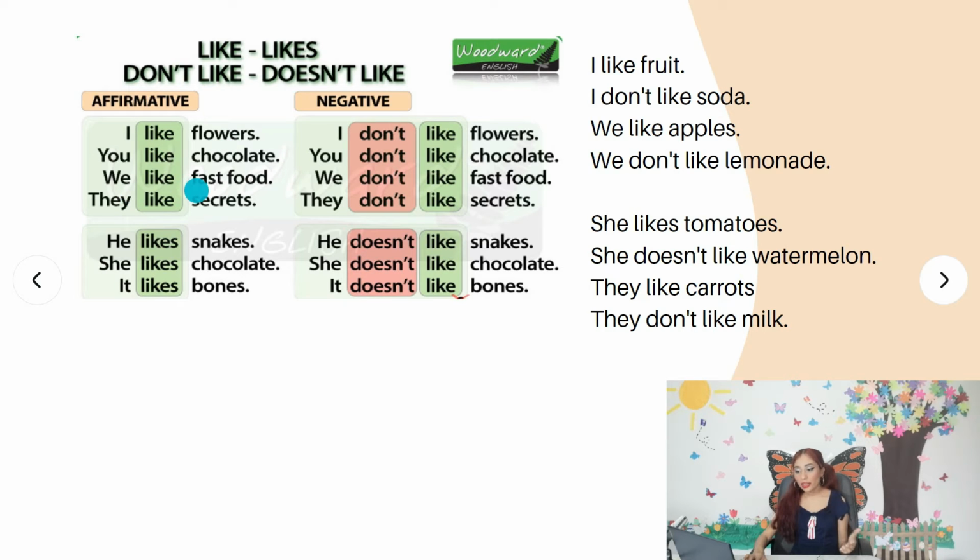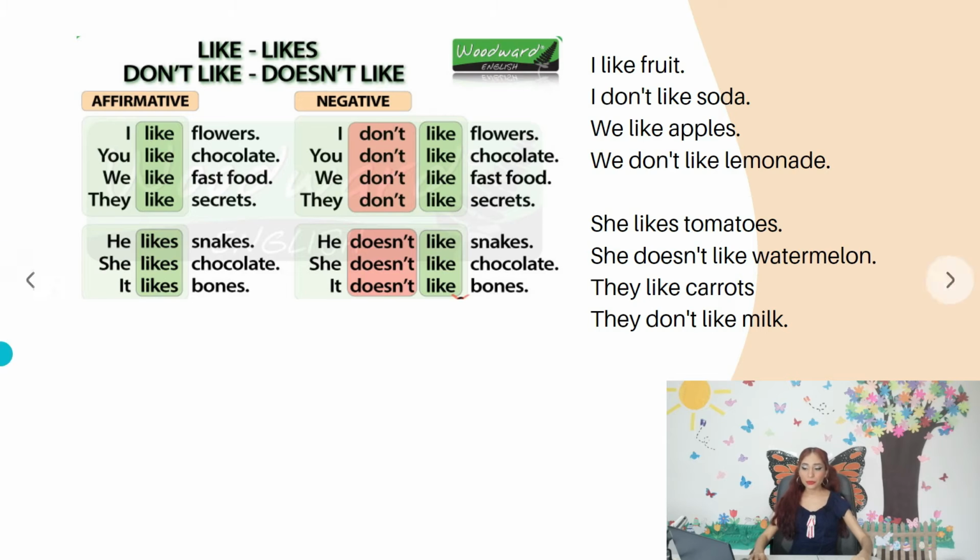I like chocolate, or you like chocolate in this case. We like fast foods, they like secrets, okay? As you can see, we're using the verb like, okay? Like in Facebook, like YouTube, I don't know, other social media. And like, it's okay. Like is something that I like, okay? Like a heart, okay? I like that. Okay, so now,